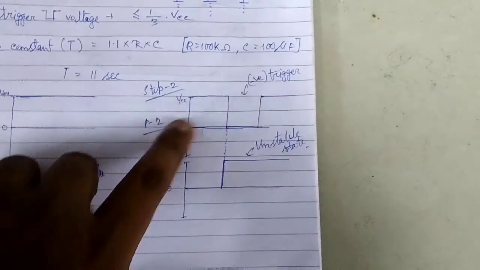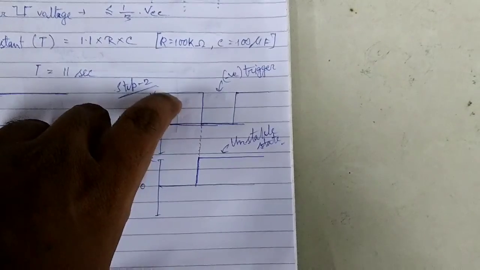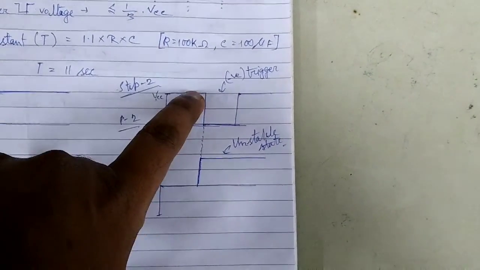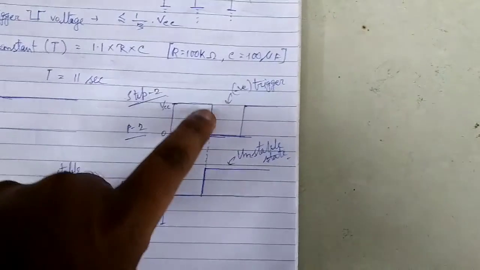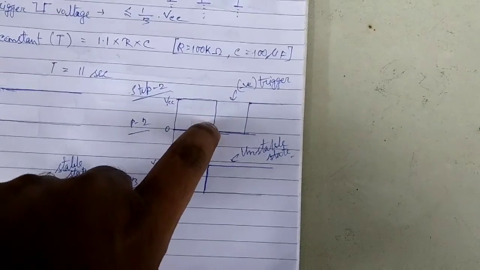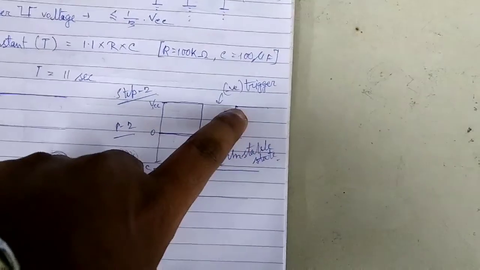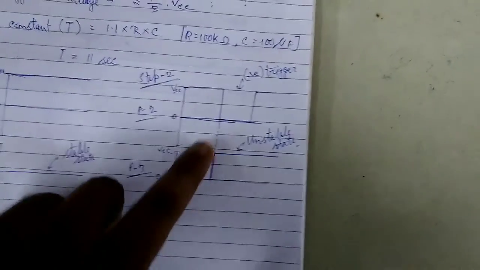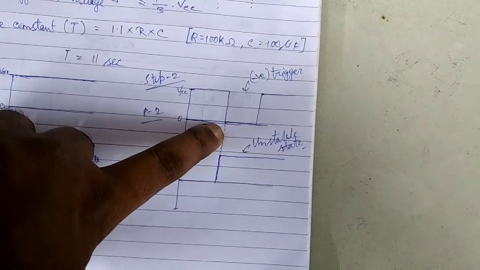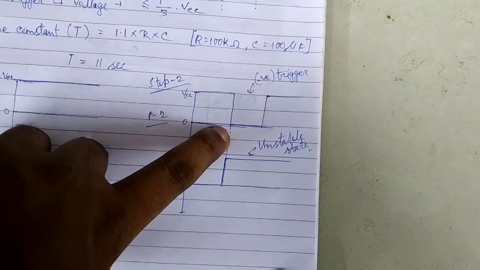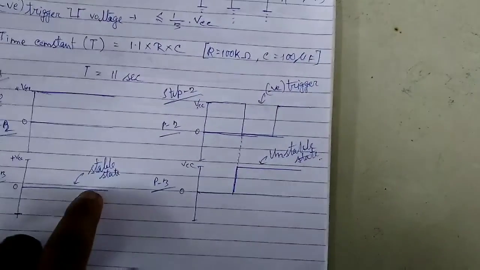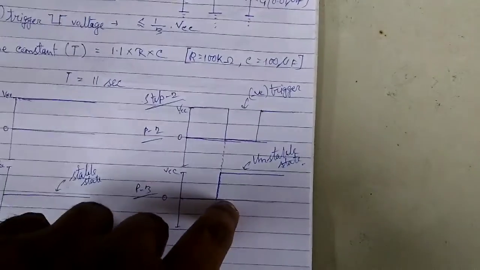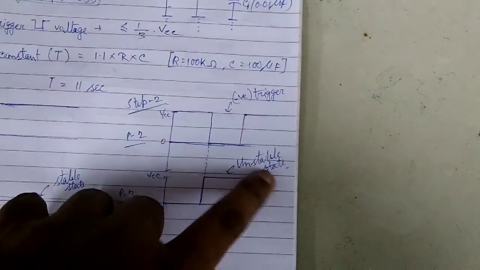Now if I apply trigger here, this is step 2. If I apply trigger to pin number 2, that means we are applying 0 volt. It was initially high up to VCC. When you are applying 0 volt, it will go down to 0, and if we remove the negative triggering, it will go up again to VCC. And when we are applying negative triggering here, my output voltage becomes high, which was low in its stable state before. It is high and it will remain high up to 11 seconds.